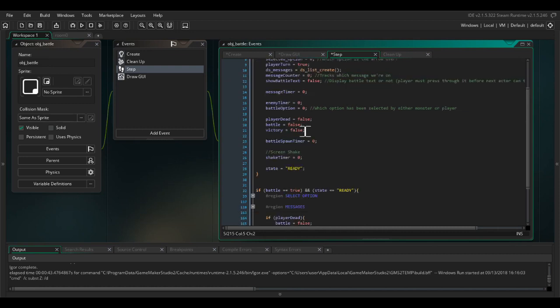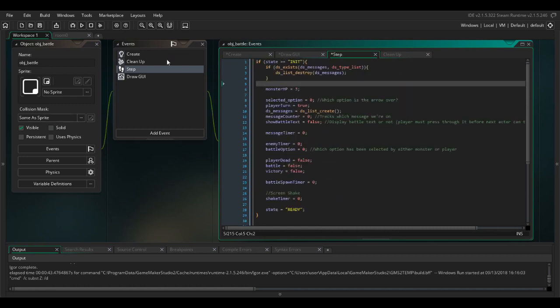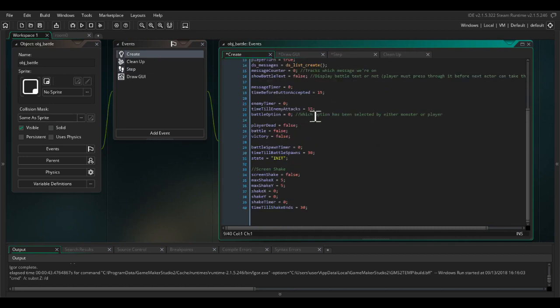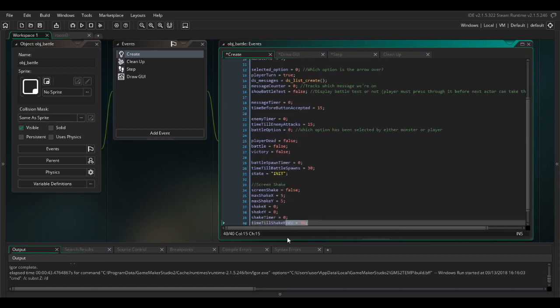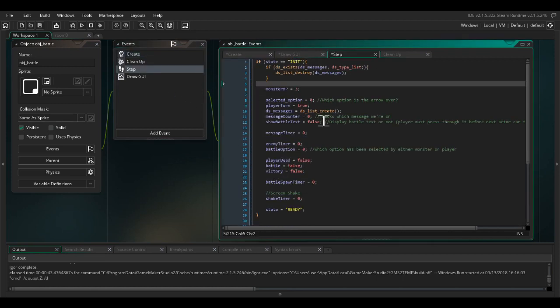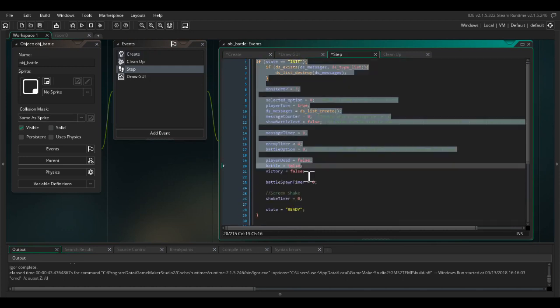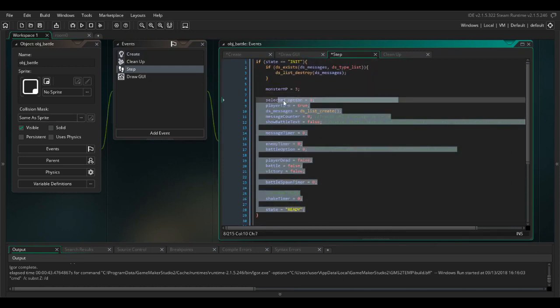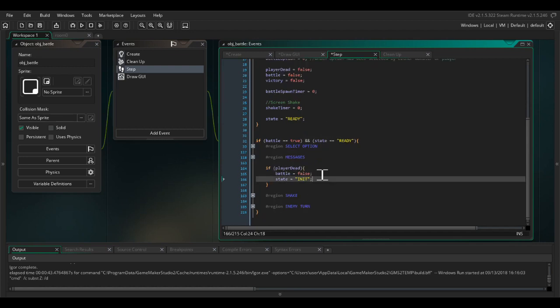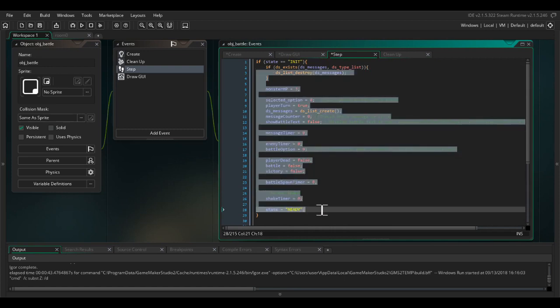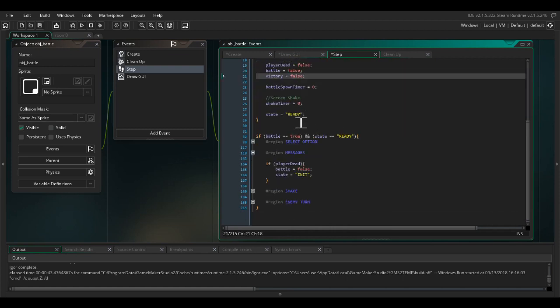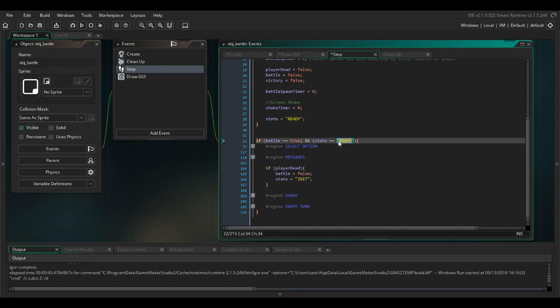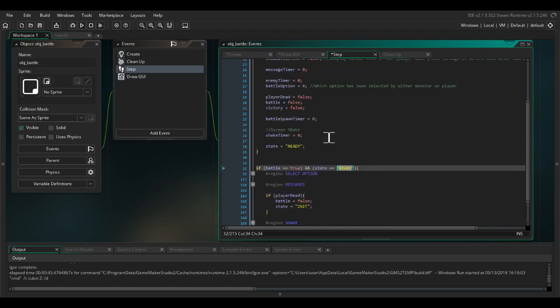So, just in case it wasn't clear, when the object is first created, it's going to initialize all of these variables, and its state is going to be in the init state. Then in the step, it's going to initialize these again, but that's okay because at the end of a battle, the state of the object is going to go back to init, and it's going to reset everything that we need, and it's going to be ready for a battle again. And then